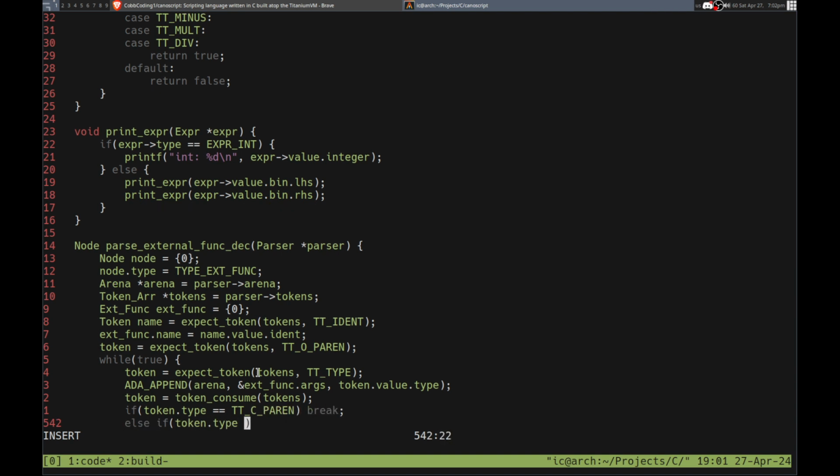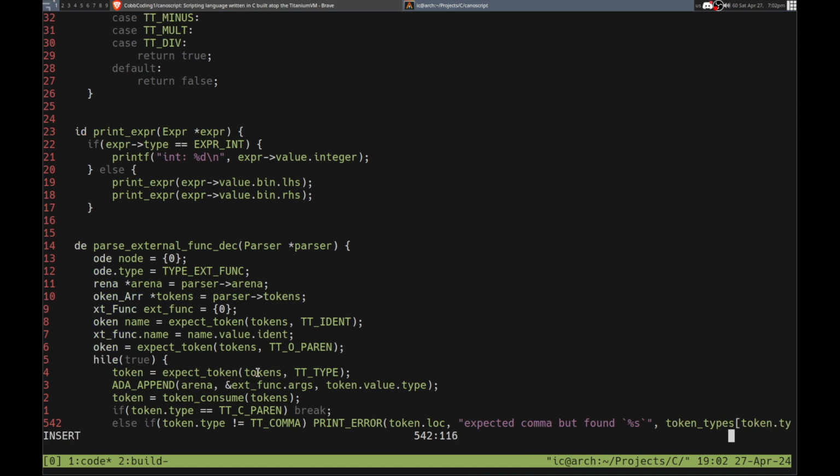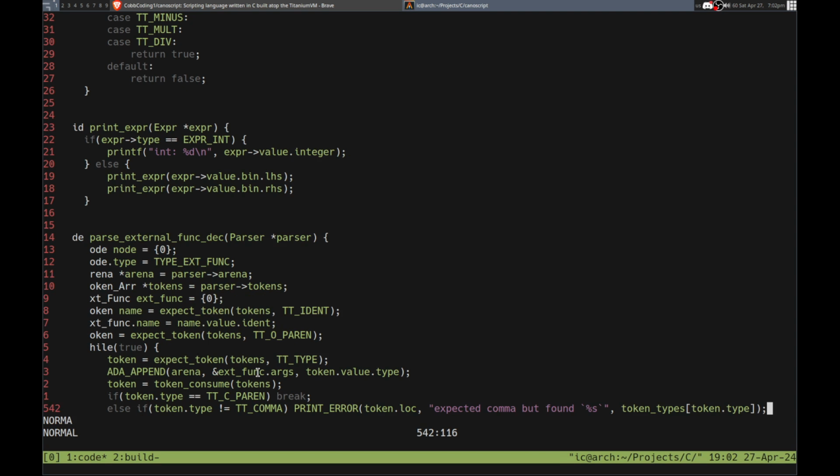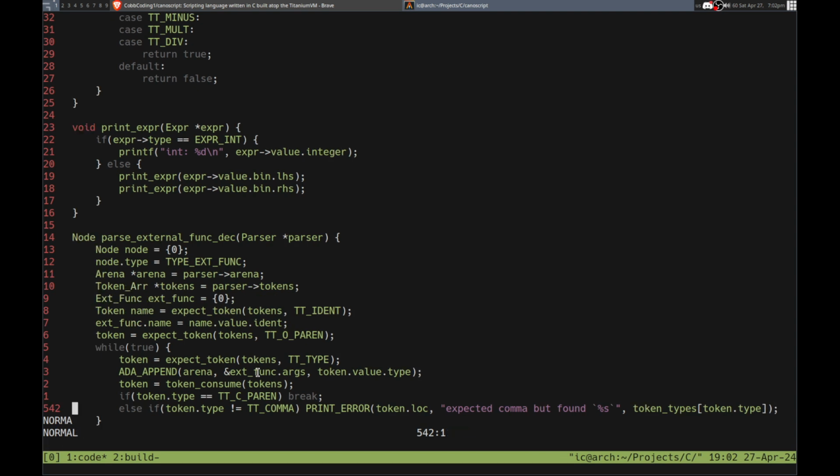Else if token type is not equal to token type comma, then we print error token application. And yeah, so just types token.type. Okay. There we go. Yeah, so that should work. So we do that, and then,